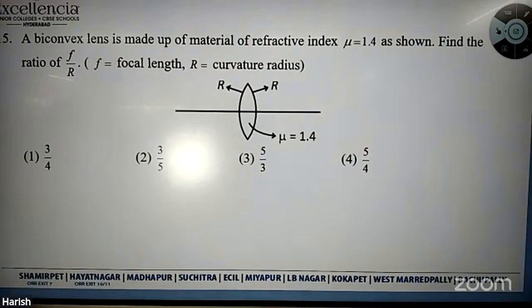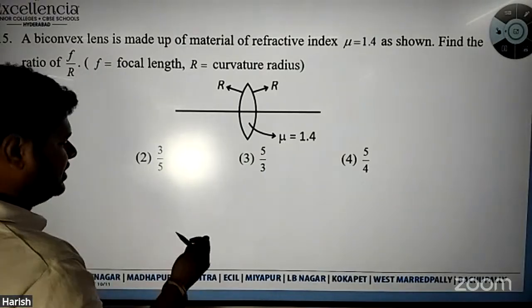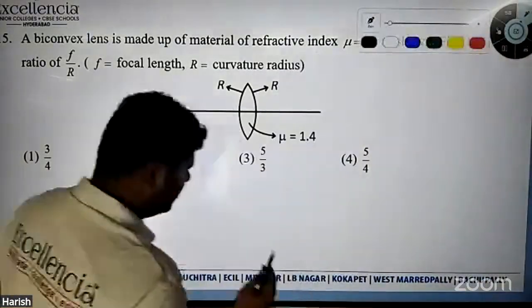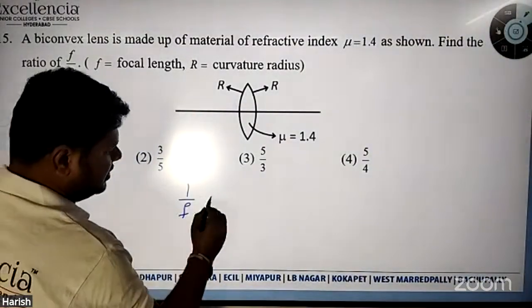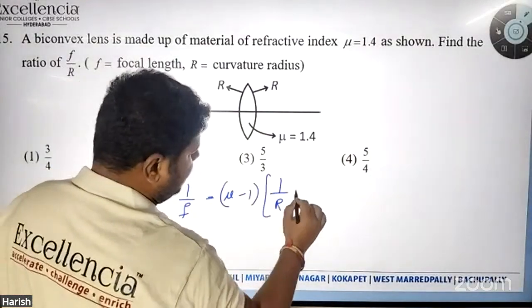So a biconvex lens is given and refractive index is also given. Find the value of F by R. It's again a straight formula based question. We studied the lens maker's formula also. That is 1 by F is equal to mu minus 1 into 1 by R1 minus